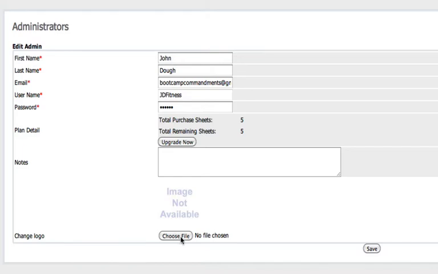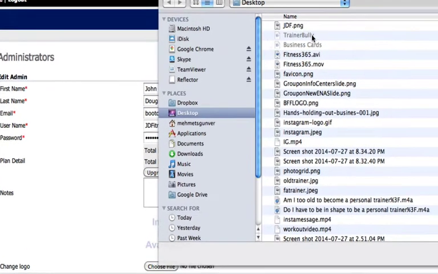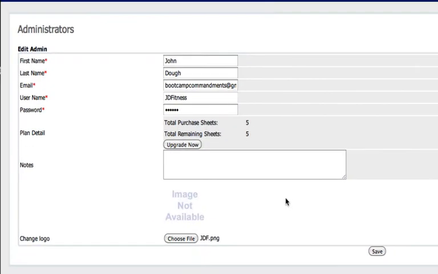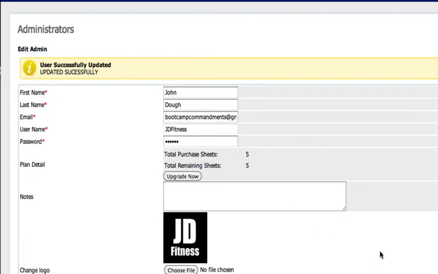So if you want to include your logo, you just hit Choose File, hit your logo, hit Save. And as you can see, every time that you send an email, this logo will be included in the email for your clients. Now, the next thing that you want to change is your email template, the message that they